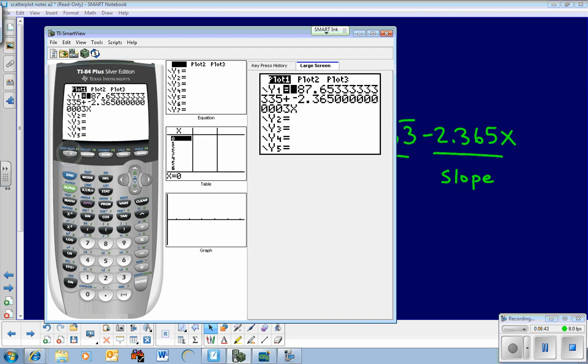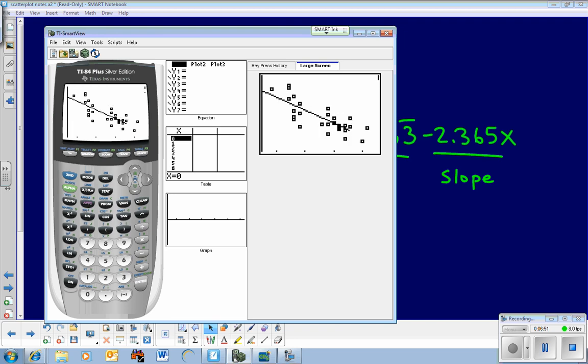So if you go to y equals now, you can see that the equation that we wrote down earlier has been put into y1 for us. And if you go back to the graph, you'll notice that the line has been drawn through the dots for you. Okay, so now that we know how to find that line and put it through the graph,